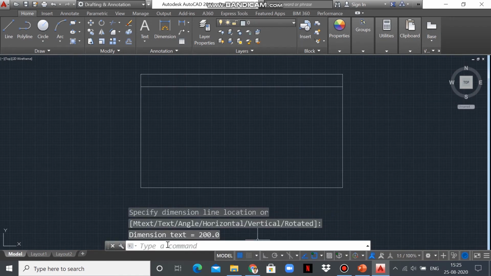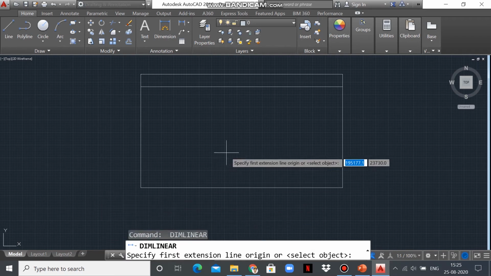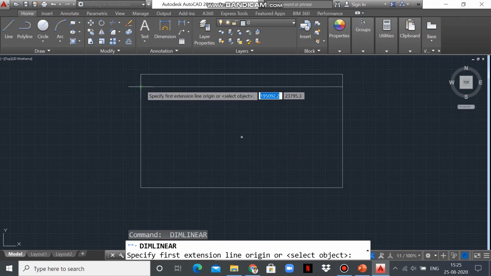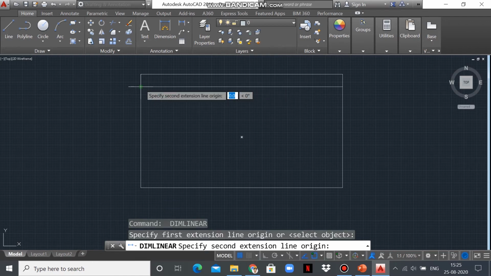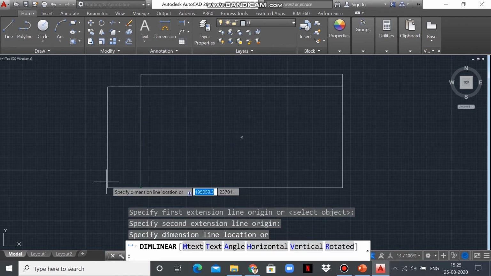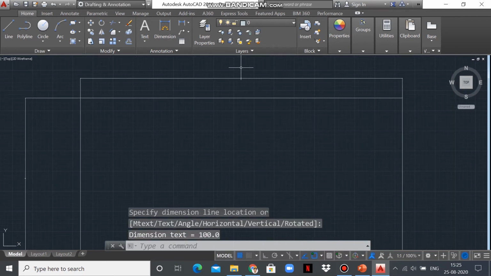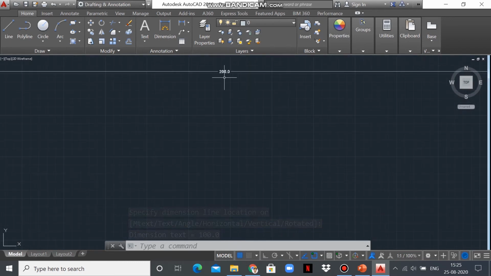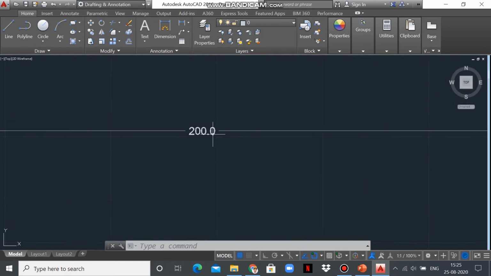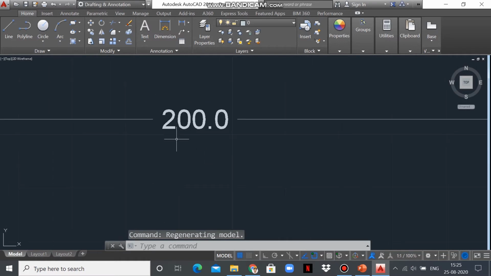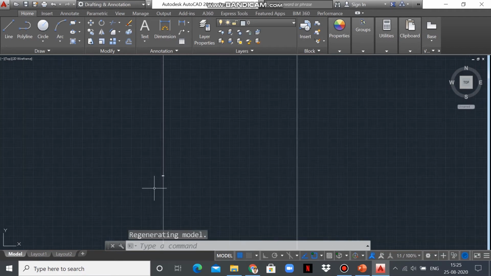Again press the space to repeat the dimension linear command. So press here to measure the width of the rectangle. Now I'm going to zoom in to see the length of the rectangle. So I have given a 200 mm value, which we can see over here, 200 mm, and coming to the width,